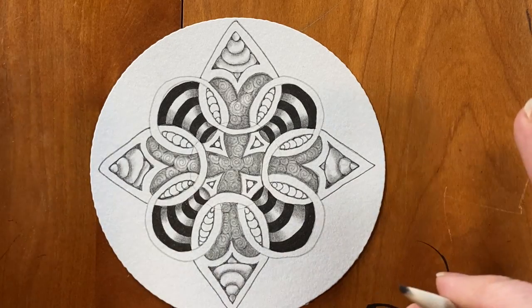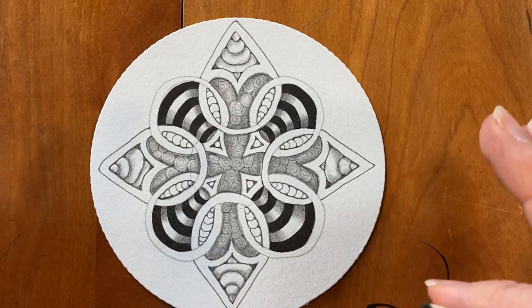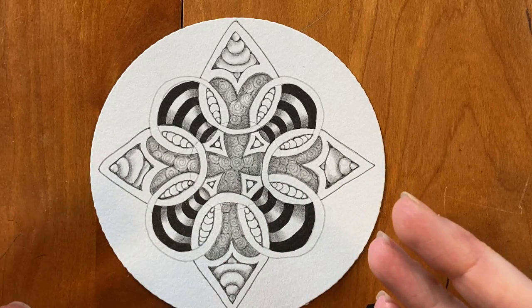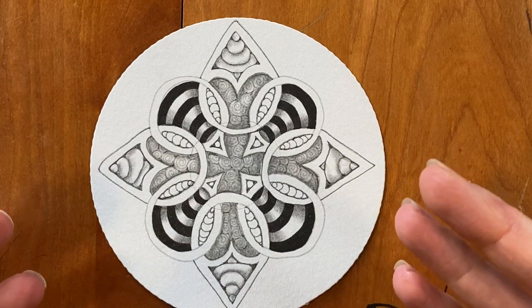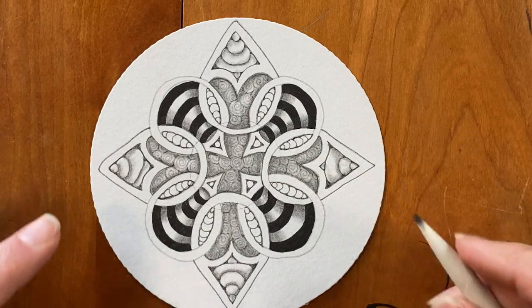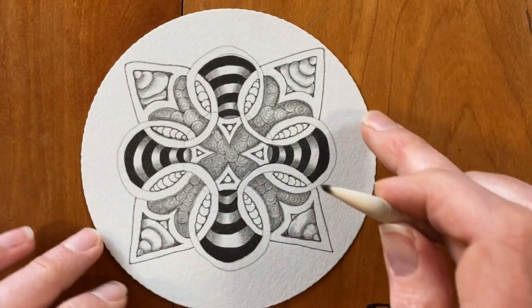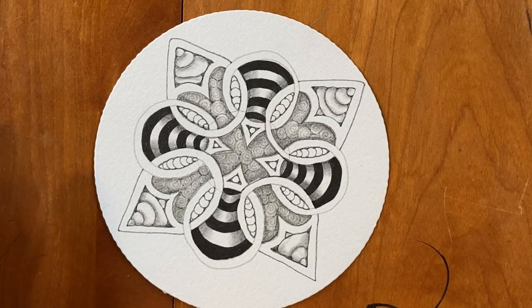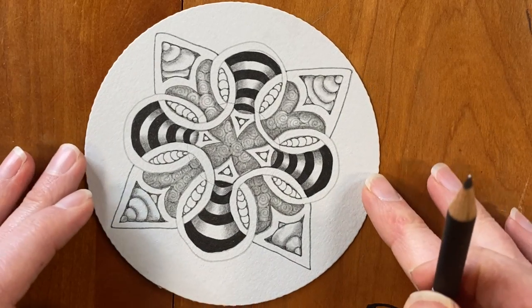I am showing this fun technique of going back and forth with pen and pencil because the pencil is becoming part of the tangling process, not just the finishing process. And to me, that's really exciting. Very fun here. I have just done these striping areas and I'm trying to figure out what's next on my deal here. What am I going to do? And I think what I want to do is